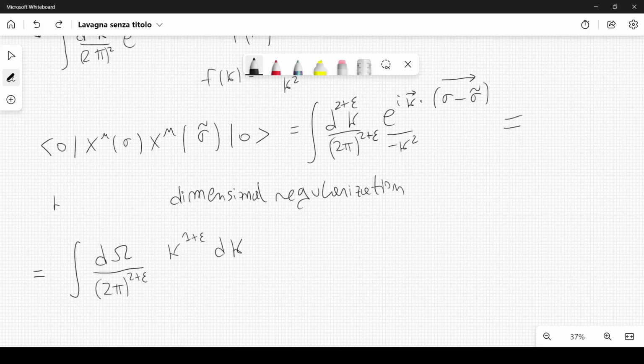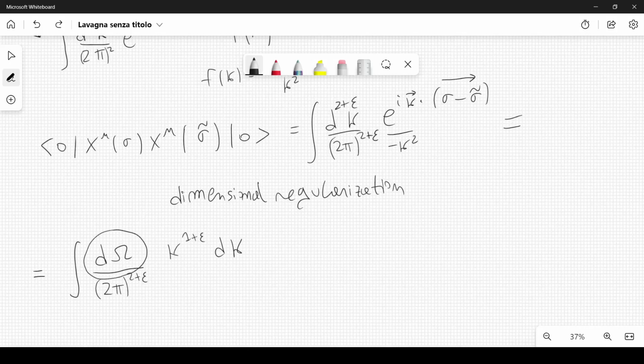Because when you go to polar coordinates in 2 dimensions, you have k dk d theta, or in this case it would be d omega, like this. And in this case, we should think of this k here as the mode of this vector here. So it is related also to polar coordinates, because with polar coordinates, if this is the vector, the variable that we usually call rho or r will simply be the square root of the components here, k1 squared plus k2 squared. And if we have more dimensions, this can be generalized, and it would have this form here.